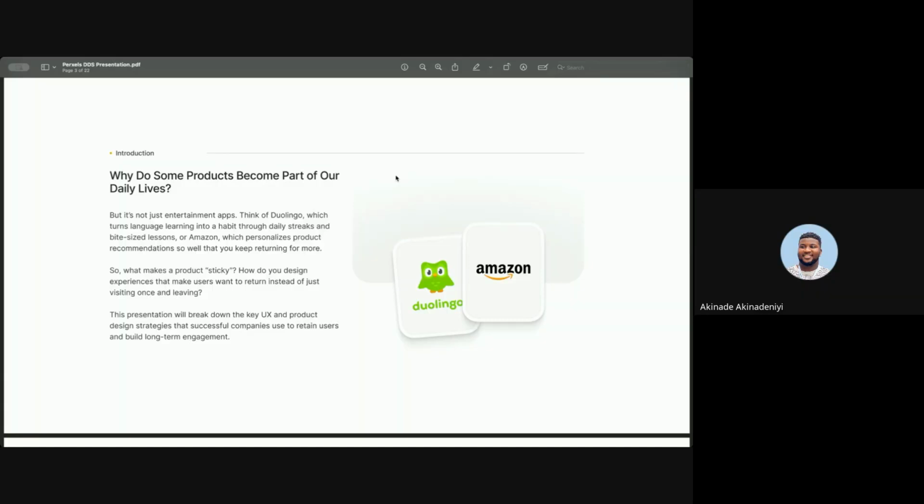Another example is Amazon. Amazon doesn't look like a very fancy, pretty website, but Amazon works, and it's been there for years. It works, and people keep going back to Amazon. They use Amazon to shop a lot, and it solves their problem. And that is always the reason why we use most of these products. There's always a reason why you're using these products. Apart from the fact that, oh, this product looks good, the question is, is it functional? Is it doing what you need it to do?